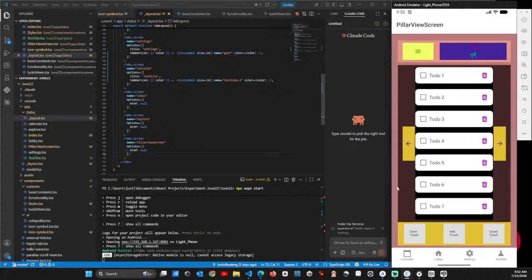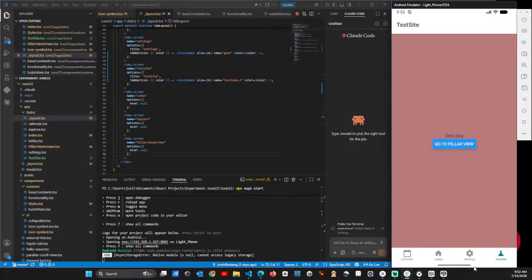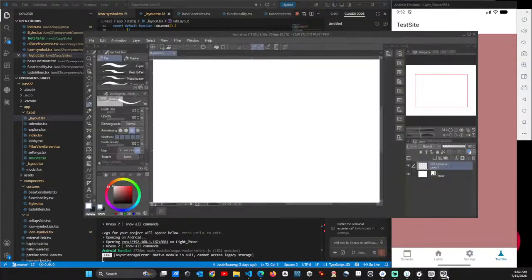So right now, I'm just trying to get the screens to be laid out correctly, like presented correctly, which is more of a CSS situation. So I want to create a calendar screen, a screen representing a calendar for a certain month. So I'm gonna open Clip Studio Paint so I can create a diagram of what it is I'm trying to go